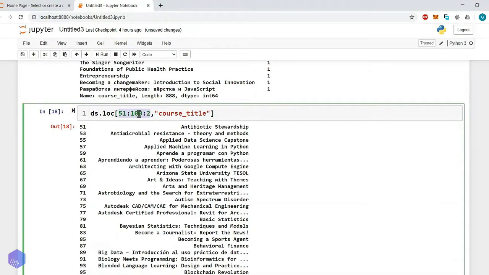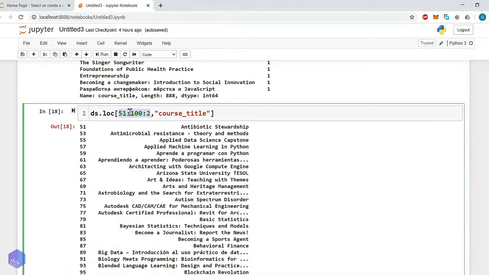If you are not aware of the basics of slicing, then you can visit my series of tutorials which I have designed for the Python crash course. In that I have mentioned how you can use lists and dictionaries, and then how you can apply the slicing operation on a list.